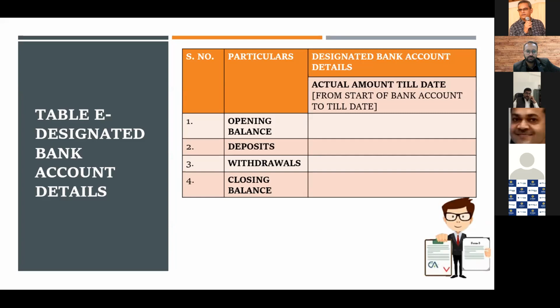Hi sir, just one more question. As per the Act, are we allowed to make FDs out of the funds that are saved in the designated account? Whether that FD balance should also be a part of this, or only the designated bank account balance should be a part of it? If you have excess money in the bank account, then a clarification has been given. See, the Act doesn't speak about any kind of FD. Right, clarification. In the clarification, they have mentioned that it should be a no lien FD. You can keep it in a separate bank. You can keep a separate fixed deposit. FD, yeah.